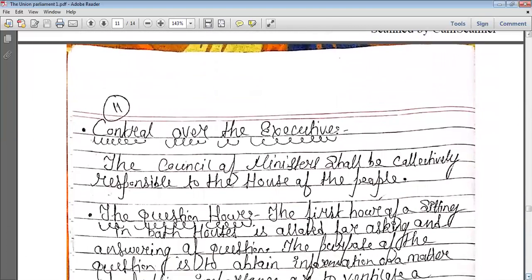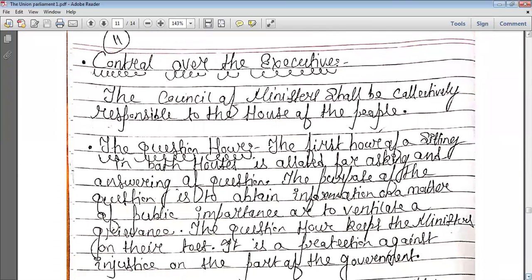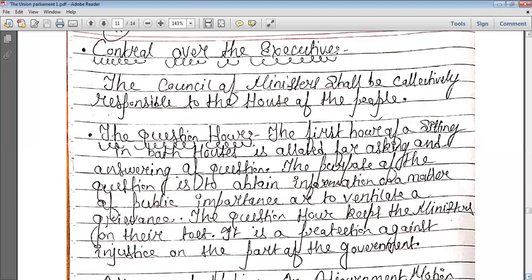Next, we are going to the next heading, control over the executive. So how does the Union Parliament control the executive department, how do the ministers work according to their activities, according to their proclaimed work. The Council of Ministers is the main portion. The Council of Ministers is collectively responsible to the Prime Minister. And among the Council of Ministers, there are Cabinet Ministers who work in close cooperation, and they are very close to the Prime Minister. And the Prime Minister always conveys the decision to the President. The Council of Ministers shall be collectively responsible to the House of the People, that is the Lok Sabha.